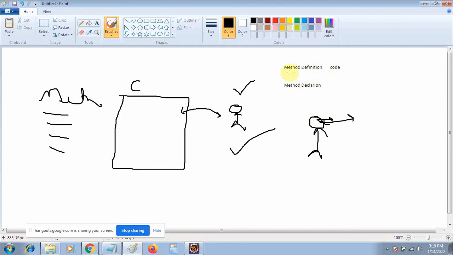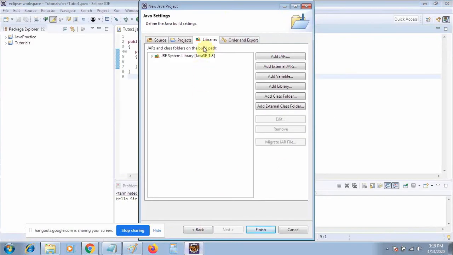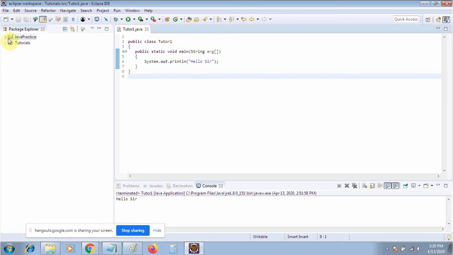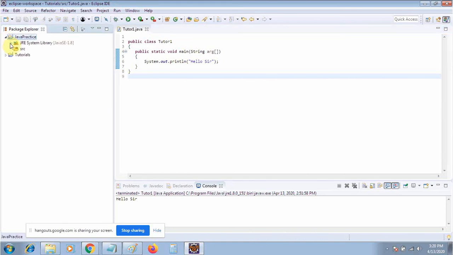So these are all jar files of method definitions, where all the libraries and functions are coded, which we import into our Eclipse project here. Click Add External JAR whenever it is required, and we will add these files. For the time being, we don't need these, so I will click on the Finish button. You can see that we have created a Java project here.